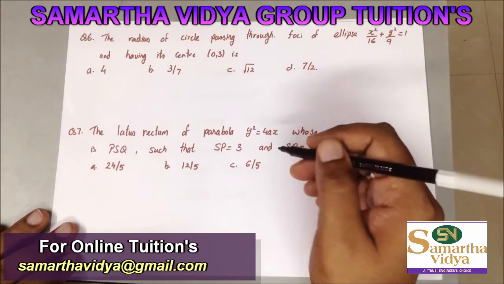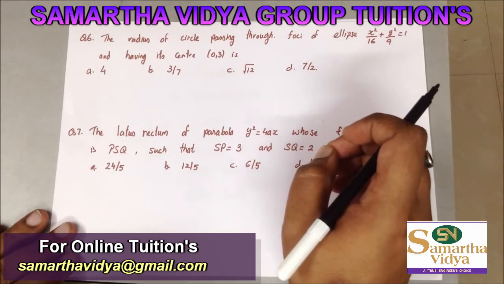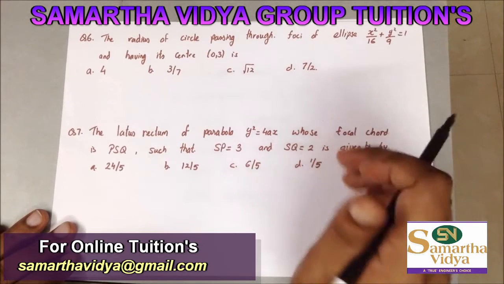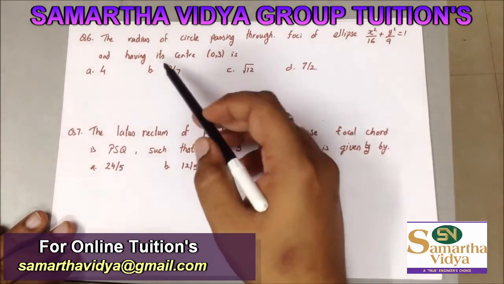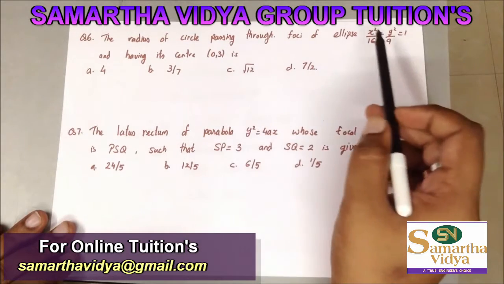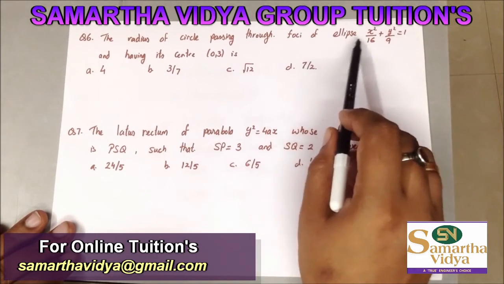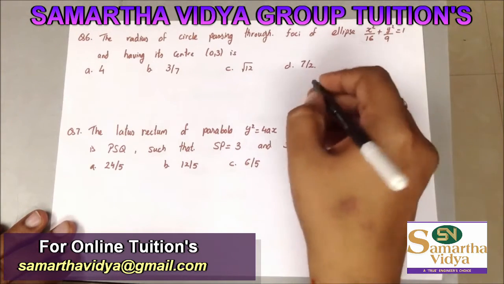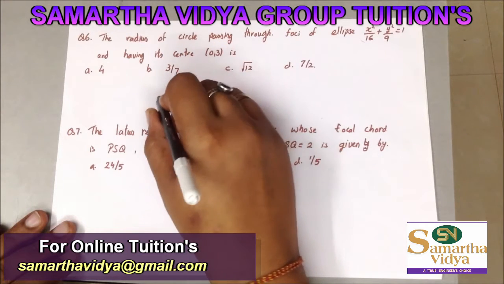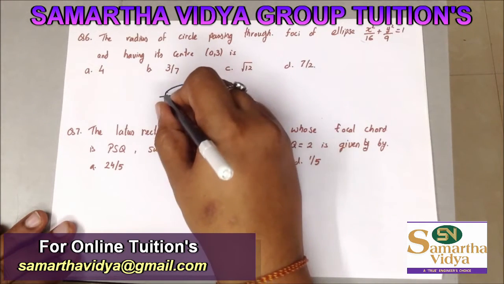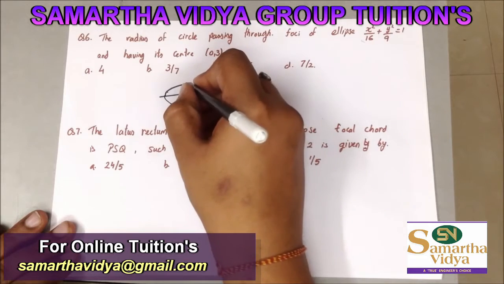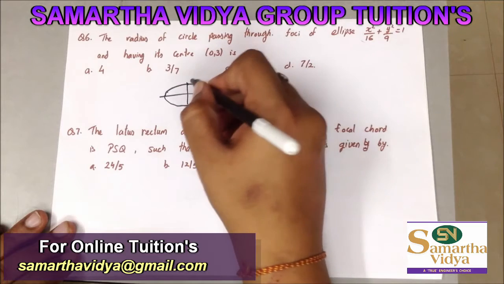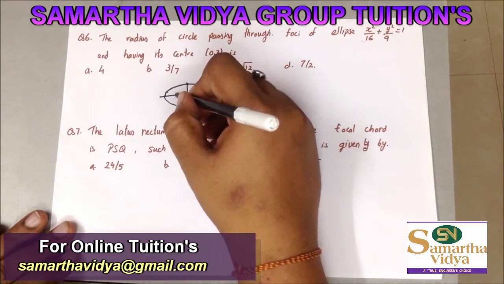So this was the question which was asked in the previous video of Connect. In the description below you can find the link for the video where these questions were asked, so you can just check it out. The question was to find the radius of the circle which is passing through the foci of the ellipse. This is the equation of the ellipse, and its center is going to be 0, 3. So let us draw the diagram for this. My ellipse is going to be of this particular shape, and the center, you can see it's 0, 3. That's basically this particular point which is given, and the circle is going to be passing through the foci.